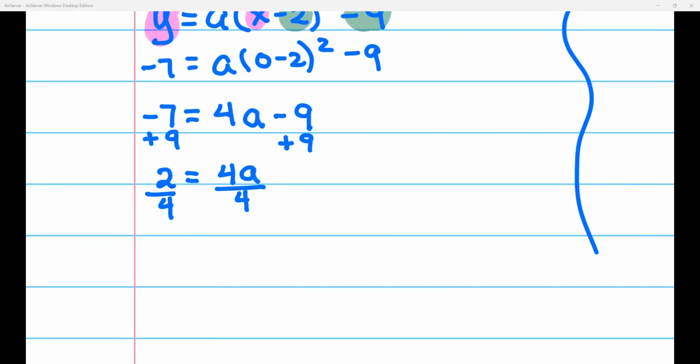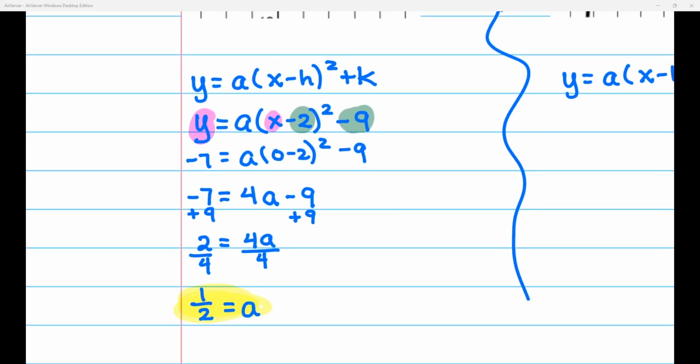That 2 over 4 simplifies as a fraction to 1 half is equal to a. I just found my a value for my formula, which means I'm pretty much done. I just need to take this a value, come back over here, and replace it. So that way I have an a value, I have an h value, and I have a k value all